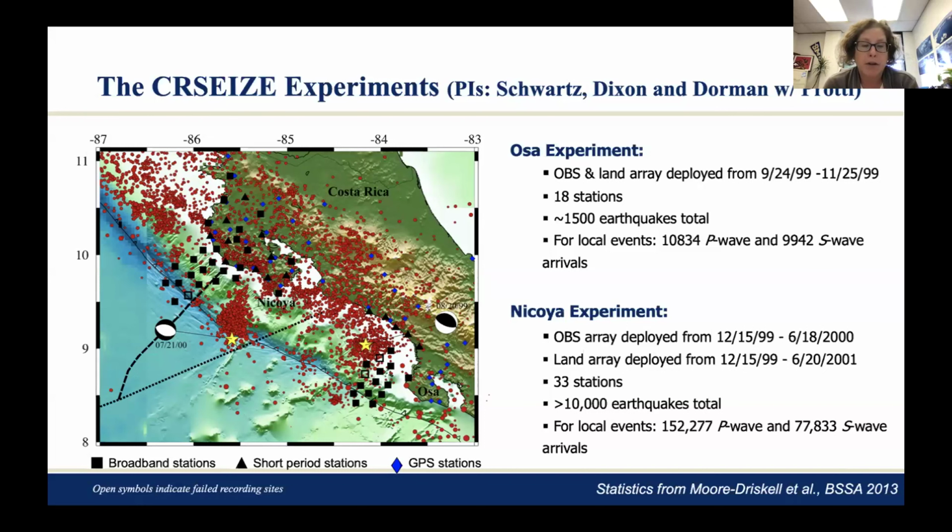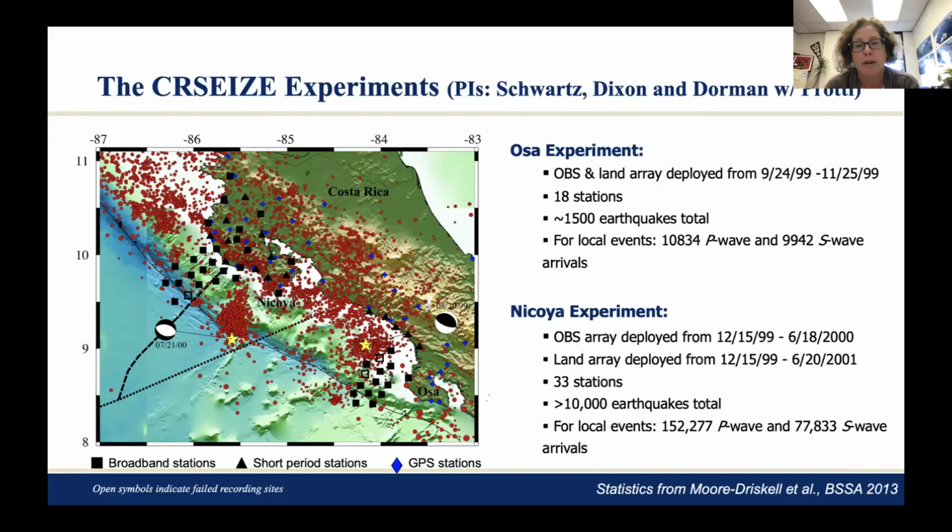The OSA experiment ran first, so that's the southernmost experiment. The OBS that successfully collected data are shown by the solid squares. The open squares are instruments that were recovered but did not have usable data. And so there were a combination of land seismometers and OBS, and they recorded for 2 months an aftershock sequence